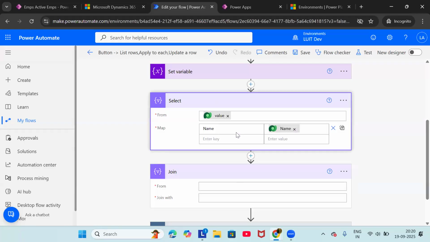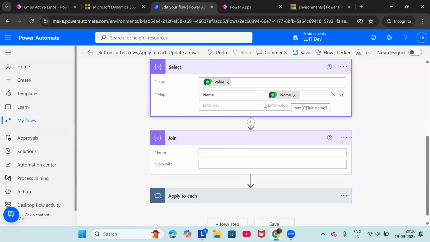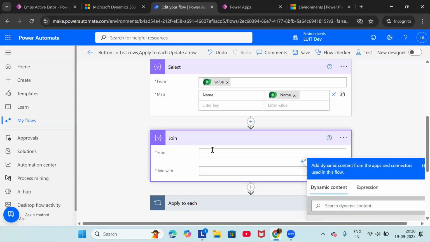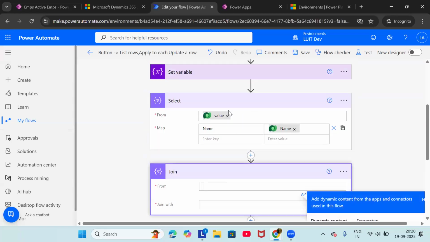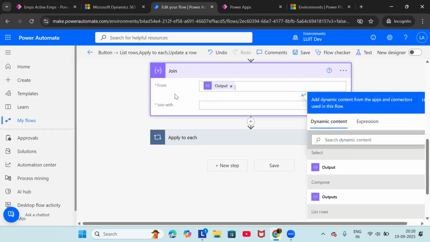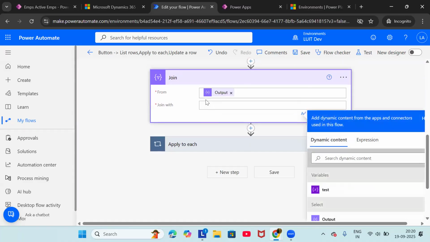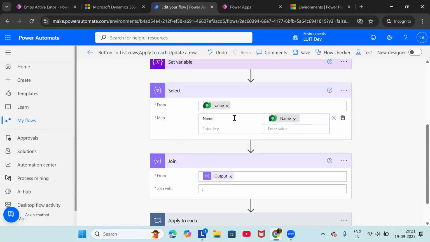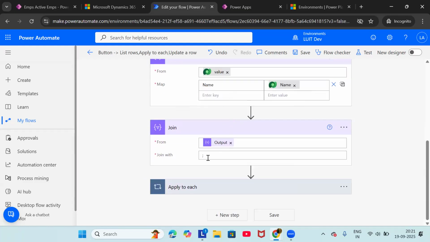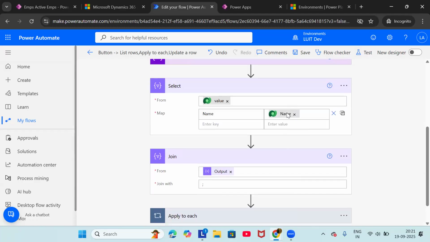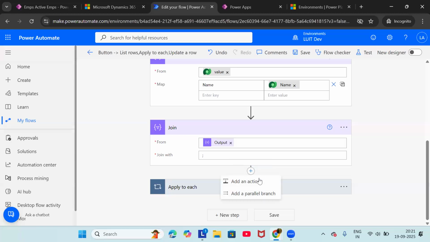So here I'm getting the names of the courses, and I'm joining the names. Whatever the output of the select is, I'm selecting this one. From this, I want to join with whatever symbol you want to use in between those two. I'm just using a semicolon here. Now whatever course names I have will come in a single line, semicolon separated. Okay, so this is join. And then next,